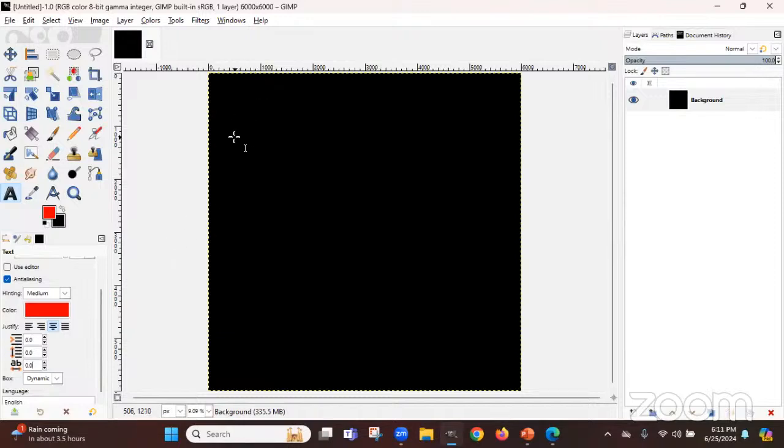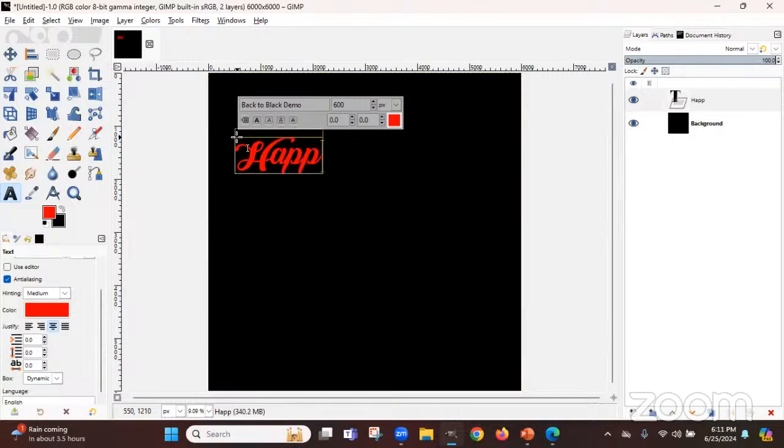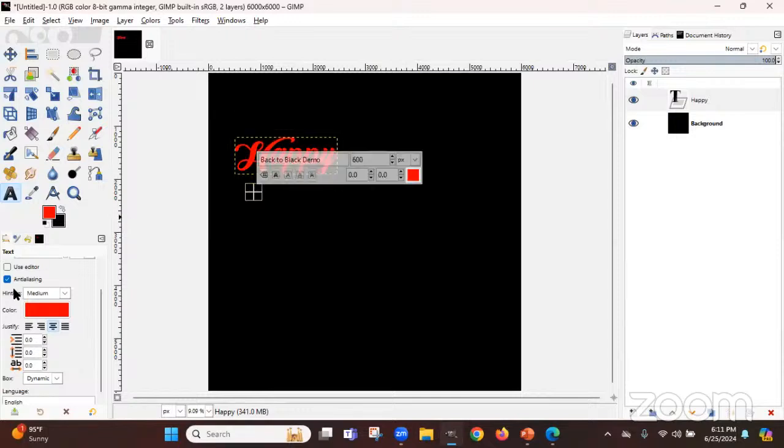And then I'm going to go in here, click on my canvas, and type in happy. Yep, that's the font I was looking for. So here is one text layer. And then I want to make another text layer with the number 4, but I don't want it to be